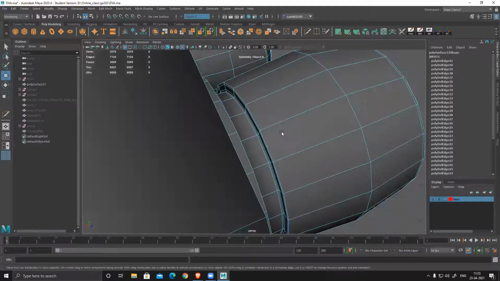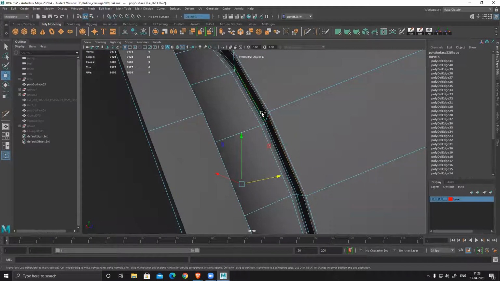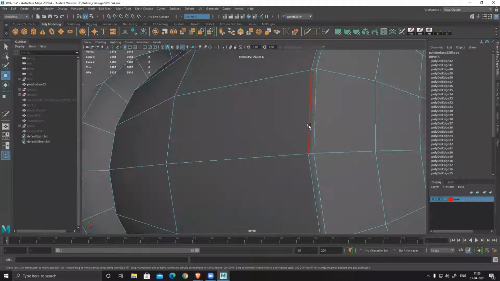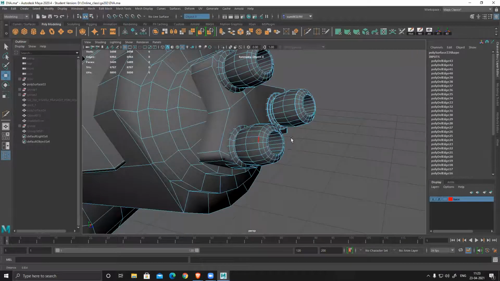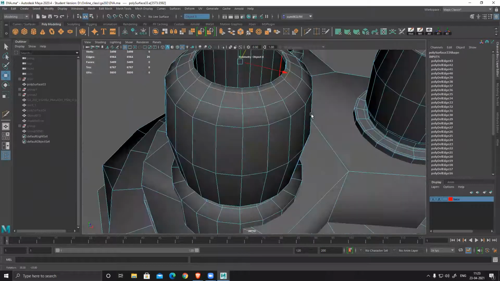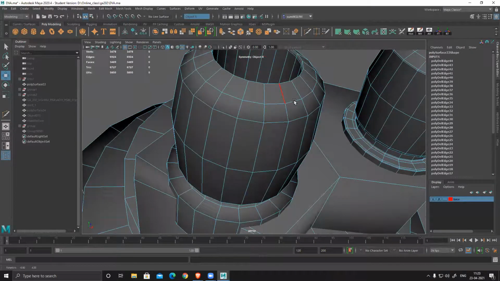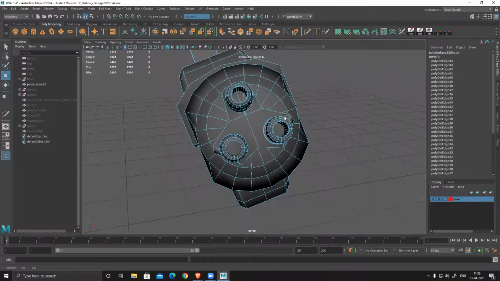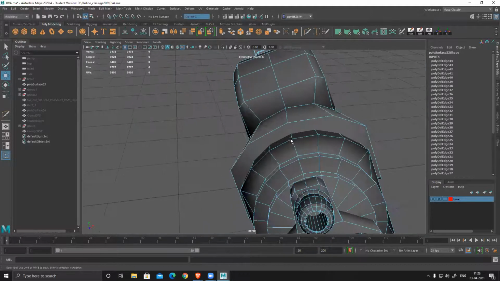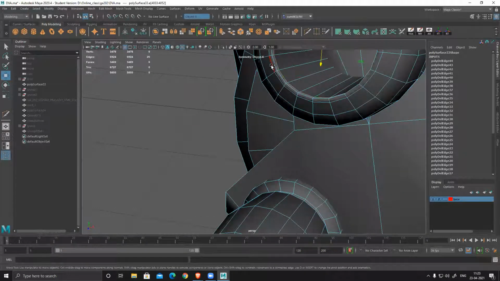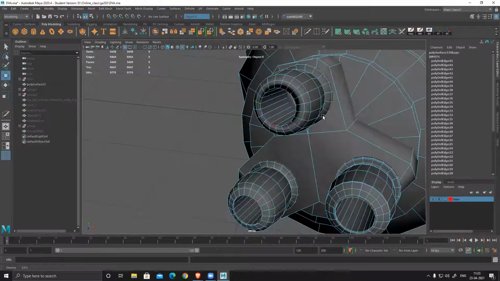Otherwise, I won't be able to fix all the shading. Rest is fine.